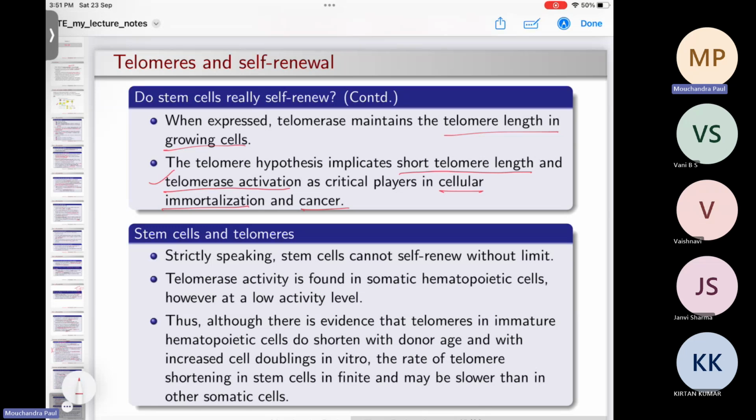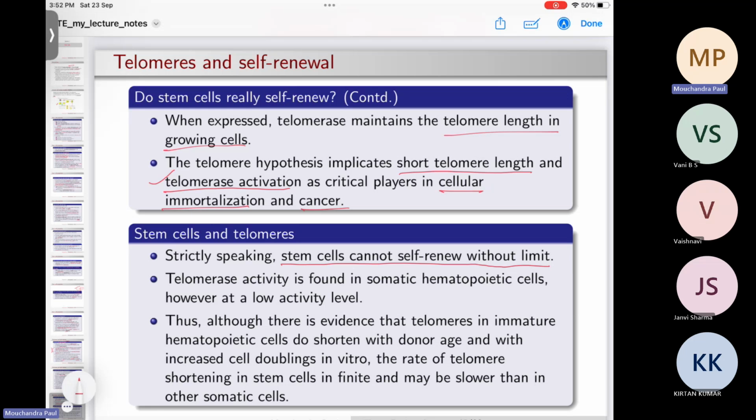Now, strictly speaking, stem cells cannot self-renew without limit. So now you can understand that the stem cell clones that are going to be formed inside our body, or say in vitro, are not exactly clones, because the telomere length is going to differ, say by 50 base pairs from the parent cell to the daughter cell. Okay, and it also poses a limit up to how many times it can divide